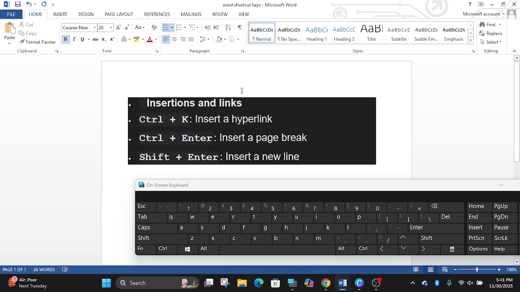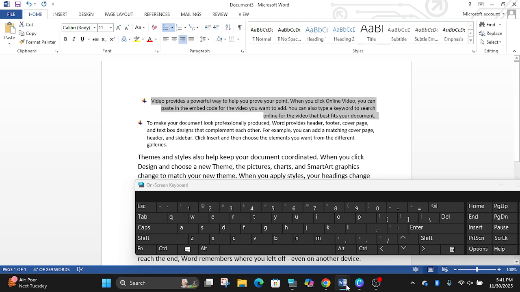Insertion and links. Control plus K, insert hyperlink. What is the need of K? Insert hyperlink. How can we insert a hyperlink? Okay, first let me